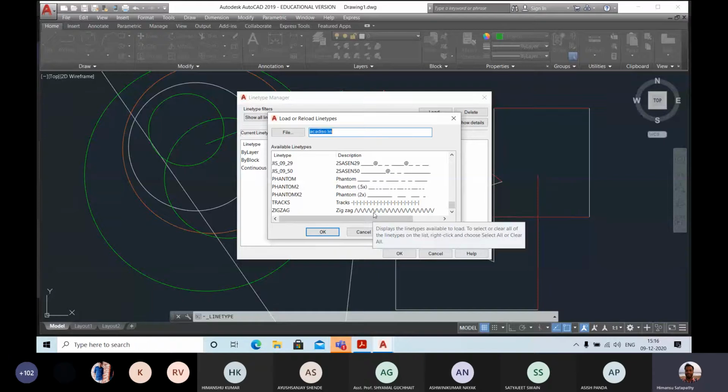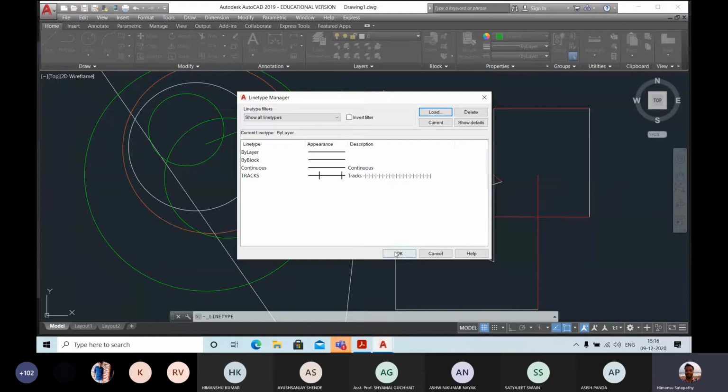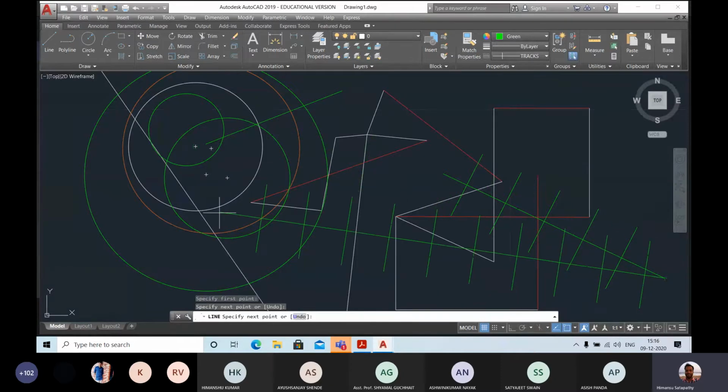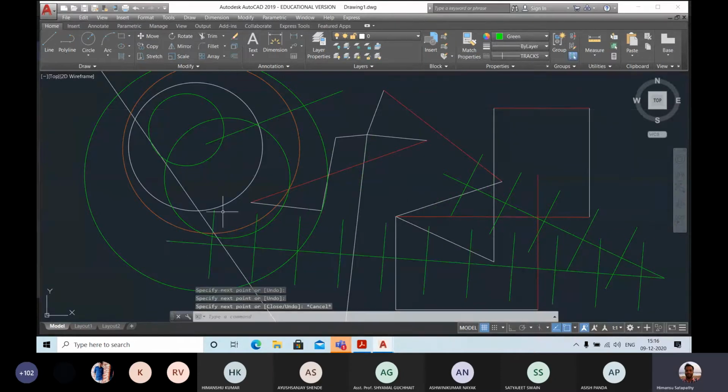If I select this track line and click on OK, now click on the OK option. Then you have to go for this line and select the track line option. Now go for the line or circle or any option. You can draw a line. It is a track line. All of you can see this one. It automatically shows you a track line. Okay. So these are the line types. In properties, you can change the properties, or you can select the line type, or you can change the color option. Okay. So these are the properties palette.